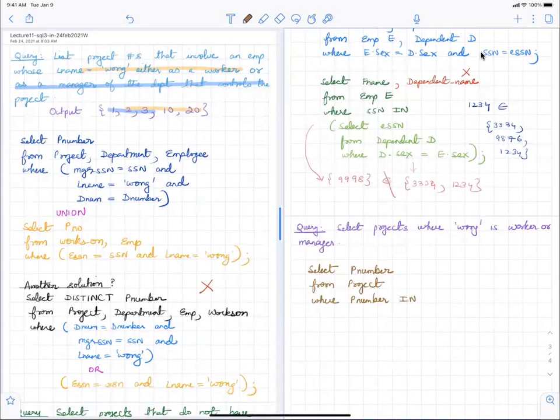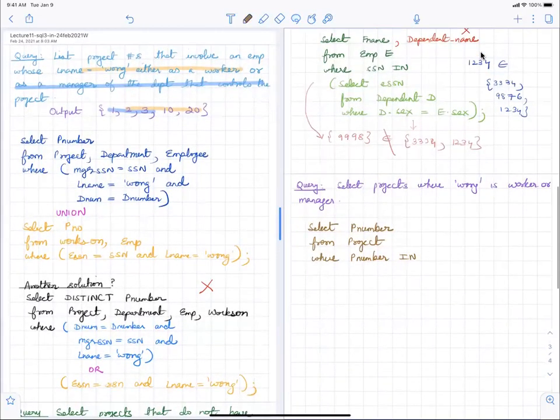Okay, and then we'll pick up the first part. Instead of writing the whole thing down, I'm just going to cut and paste it from here. It's quite a pain. What I'm trying to do is pick up the top part out here. So we have select P number from project, department, employee, where.